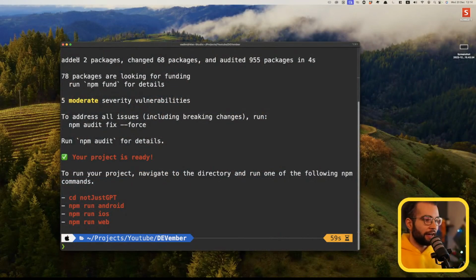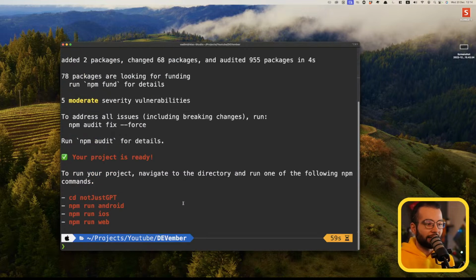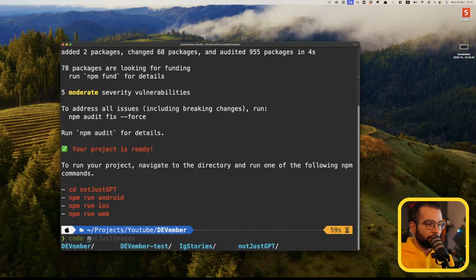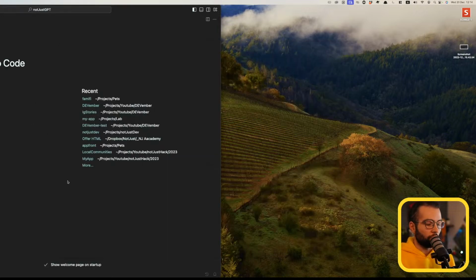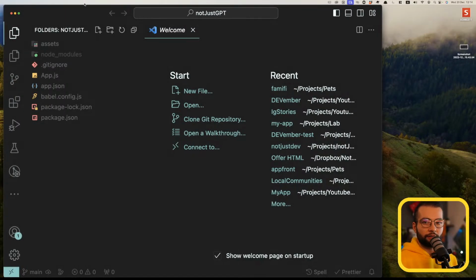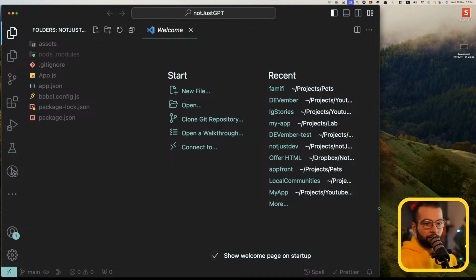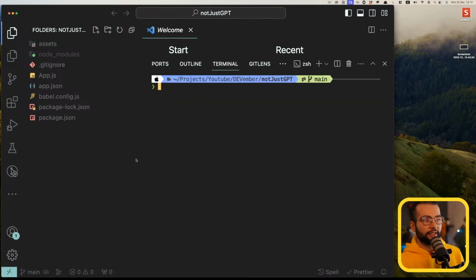So here we have our Expo project set up and installed. Let's open it in Visual Studio Code, or any editor that you are working with. Here is Visual Studio Code. Before we jump into the code, let's run the starter project to see at least what we have at the moment. I'm gonna open a terminal and write npm